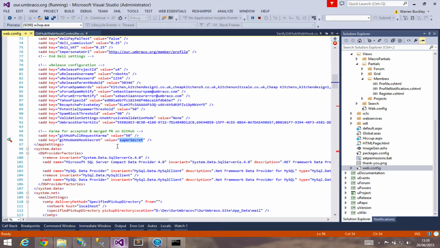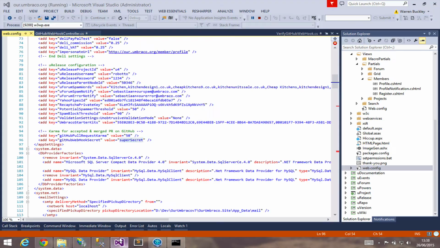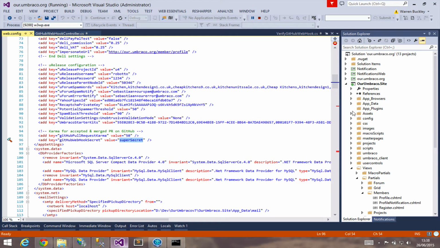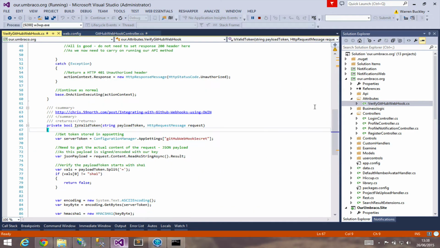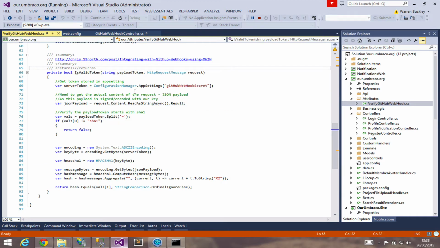What it does is sends a SHA-1 encoded secret, so it signs the JSON payload that it sends with that secret. In here we've just got an attribute that sits on top of the controller that just takes in one of the headers that gets sent, which is this SHA-1 encoded token or secret, and then we just verify it against our secret that we have in the app settings,